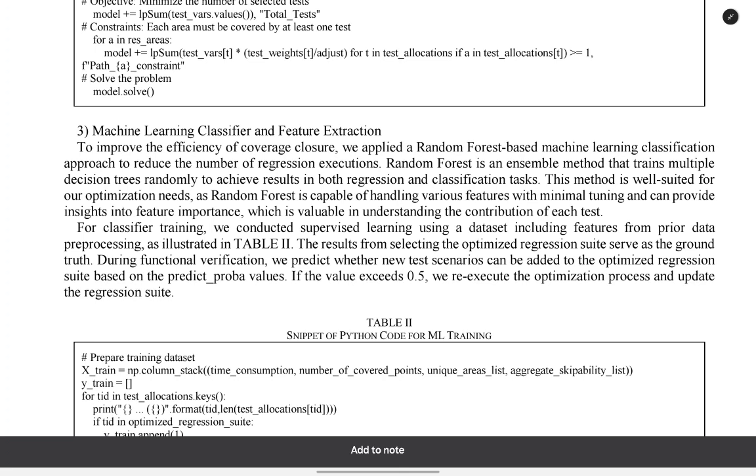This method is well suited for our optimization needs, as random forest is capable of handling various features with minimal tuning and can provide insight into feature importance, which is valuable in understanding the contribution of each test. For classifier training, we conducted supervised learning using a test set including features from prior data preprocessing, as illustrated in Table 2. The result from selecting the optimized regression should serve as ground truth,